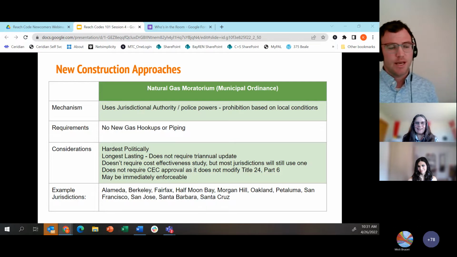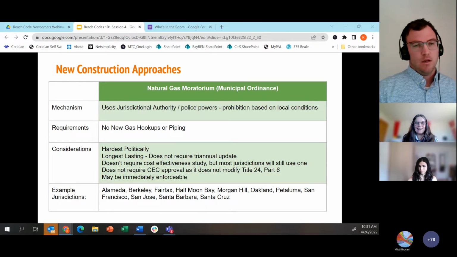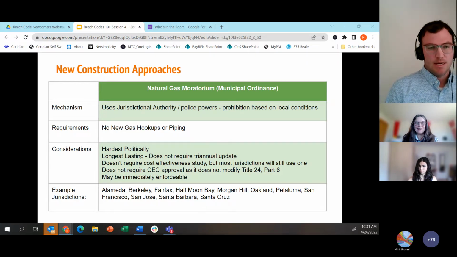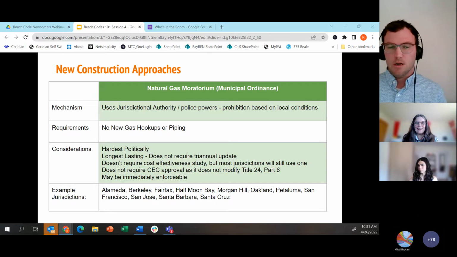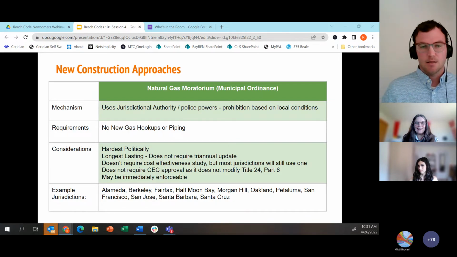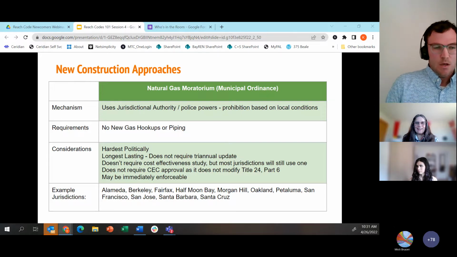Another consideration here is that because the municipal ordinance is not tied to the every 3-year update of the statewide building code, it's the longest lasting in that it does not have to be renewed every 3 years.